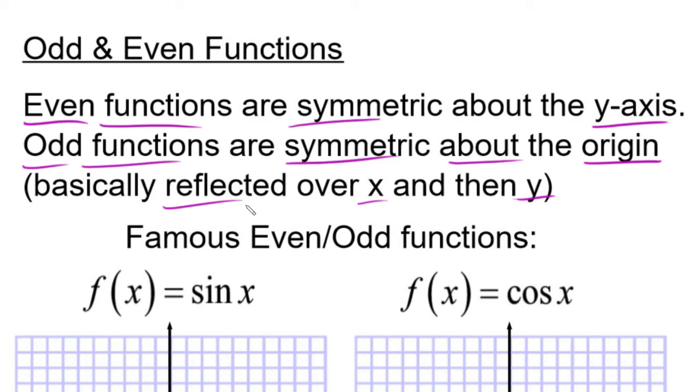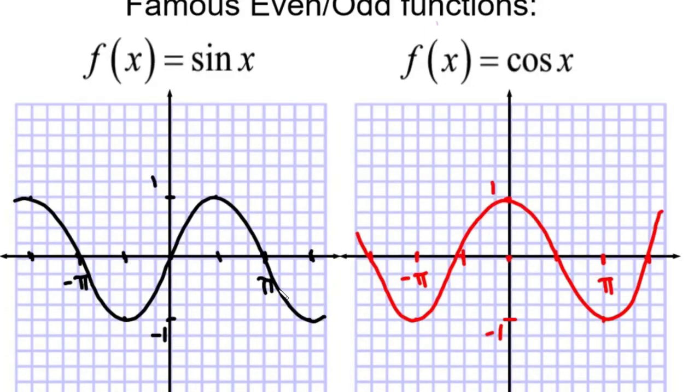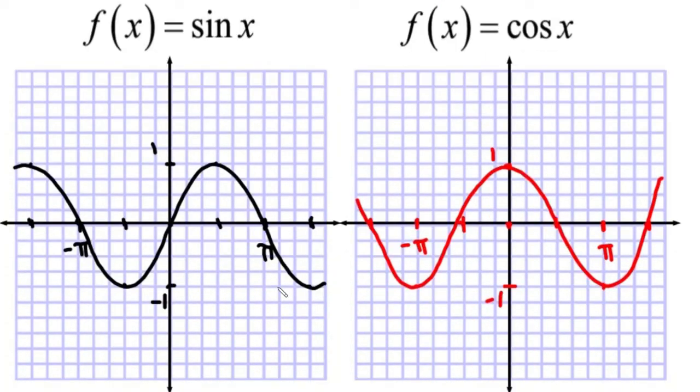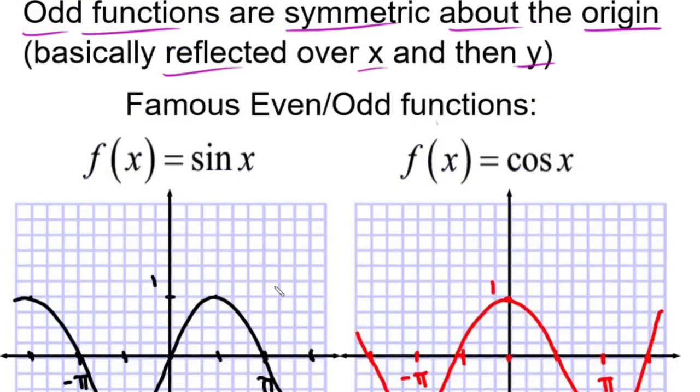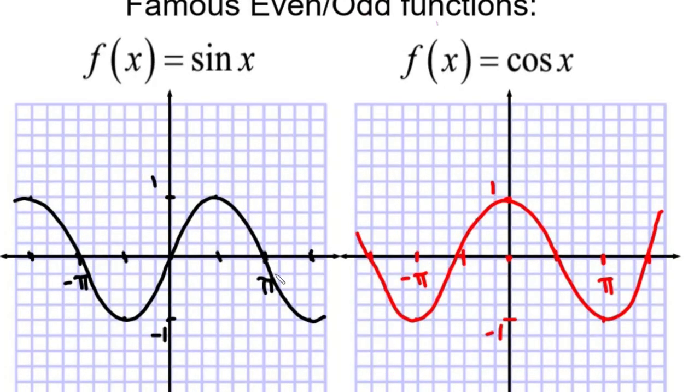And you should probably not write this down. This is just to demonstrate. So, famous even and odd functions. The sine function is a famous odd function, because if you were to reflect sine over the y-axis, here's the y-axis, a reflection would mean that this value